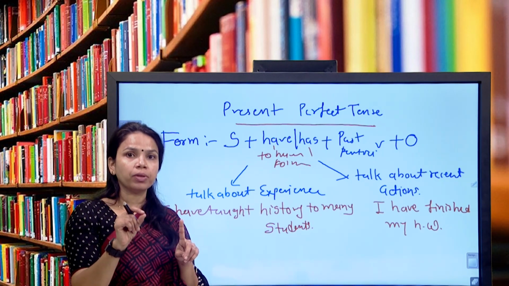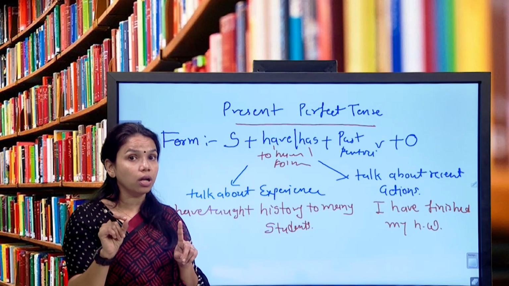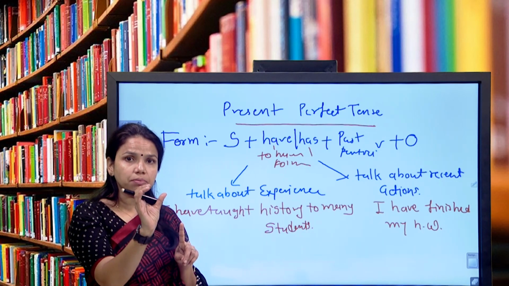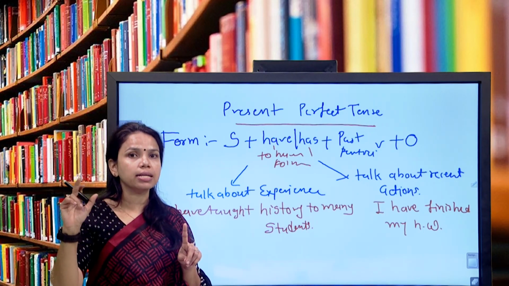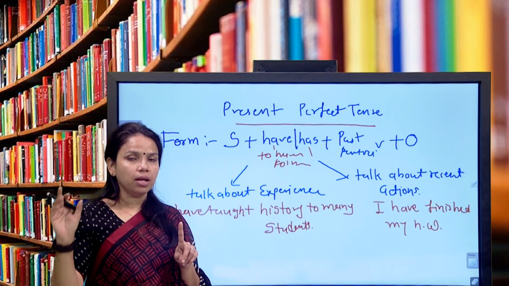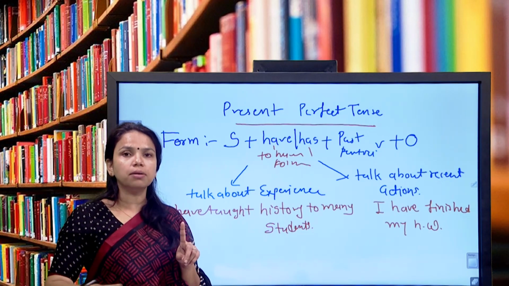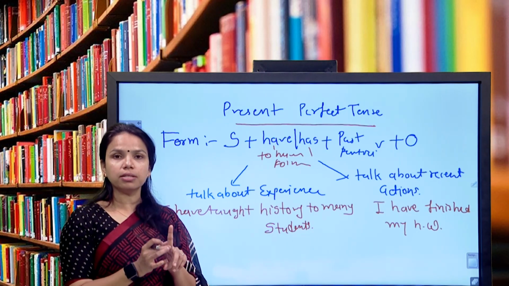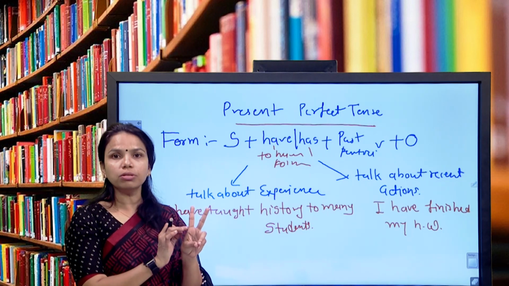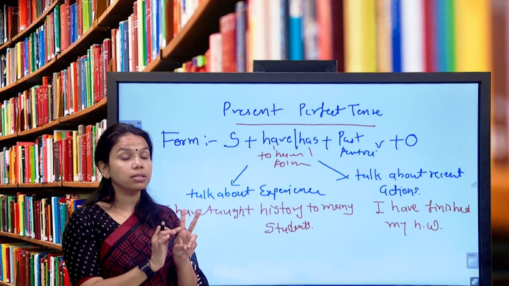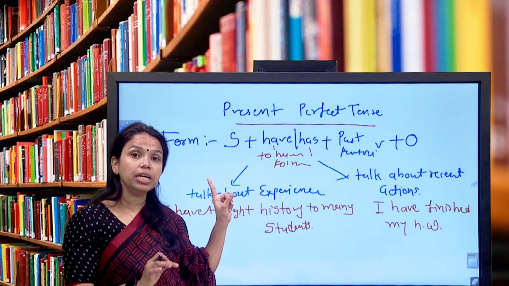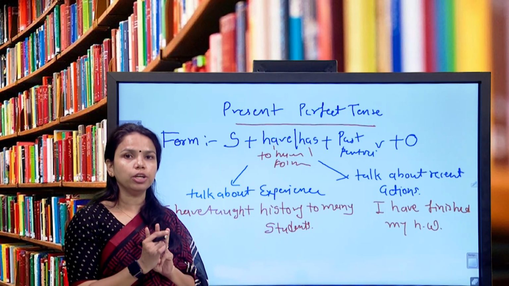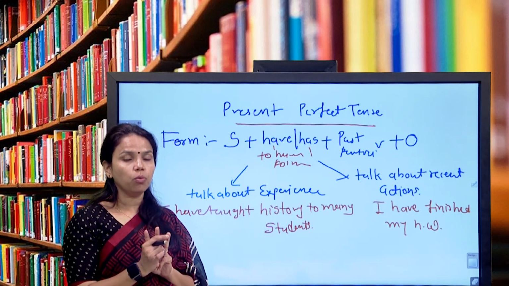In the same way, if the subject is a third person singular, with that subject we have to use has, H-A-S. And if the subject is I, we, you or they, with that subject you have to use the to have form, which form? Have,